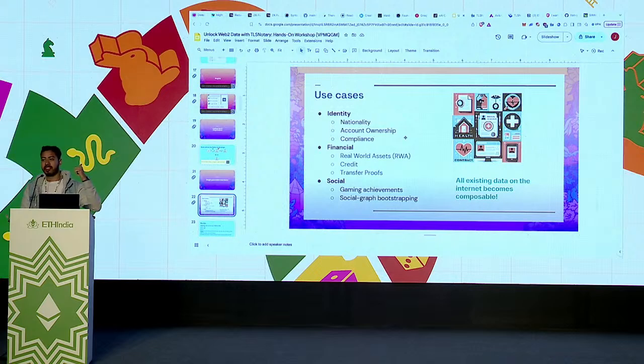Financial, like I demoed for the Axis Bank, you can do it for your bank, HDFC Bank, SBI, or any other. Or maybe you can write a plugin that can generate for any bank. I'm just giving you ideas. It's up to you. Social, I already said, gaming and other stuff. So it's up to you what you want to make on. Like any Web2 data, you can make a proof on it and submit to another website. Or you can make a service where people can submit the proofs, and then you do some kind of work with it.